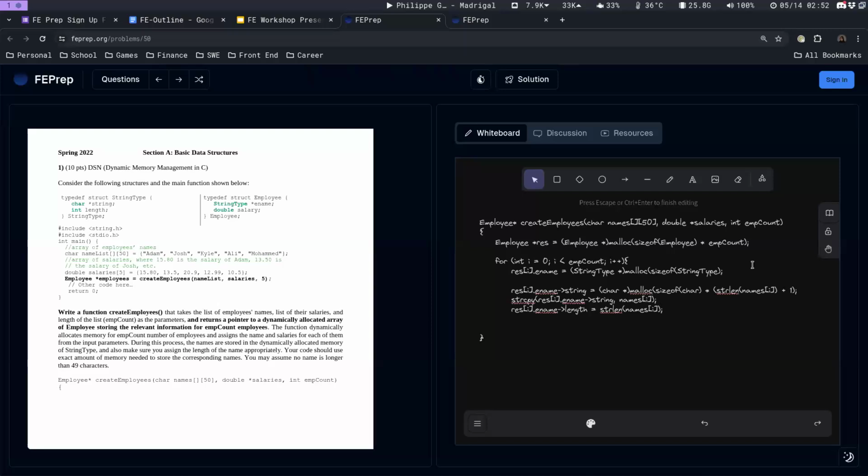I forgot to close the malloc. I did forget to close the malloc. Good catch. So we now have everything populated inside of the employee's ename. Then last but not least, the final thing that we have to do is res